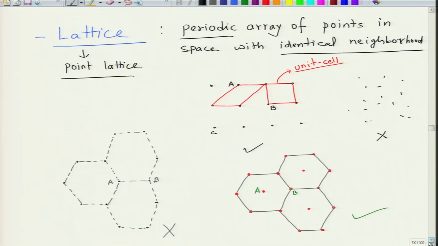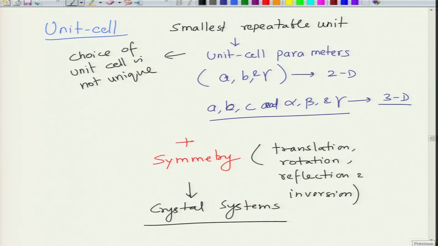And you can see from this picture, this contains one lattice point, because all the four corners have points which are shared by neighboring unit cells. As a result, we have one point in the unit cell. Similarly, in the neighboring one, we again have one point in the unit cell. So, they have the same area, they contain one lattice point. It is also possible to choose a different shape. You can have multiple shapes, they will be similar in area and they will contain only one lattice point. That is why you have to evolve a system which is called a crystal system,